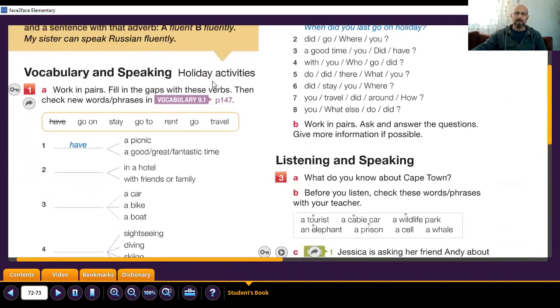here we have holiday activities. So what we will do now, we will fill in the gaps here with these verbs and phrases. Okay, for example, here we took have, we say have a picnic, have a good, great, fantastic time. Okay, in a hotel. What do we take from here? With the friends or family? Yes, very good, we said this. Stay in a hotel. Okay, so